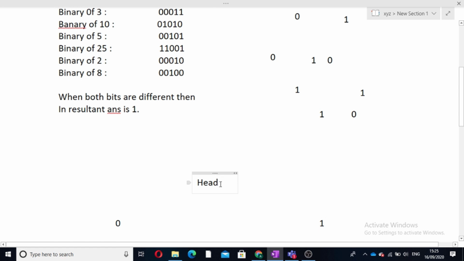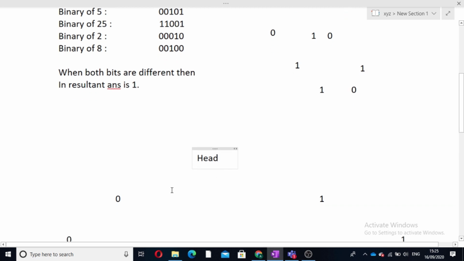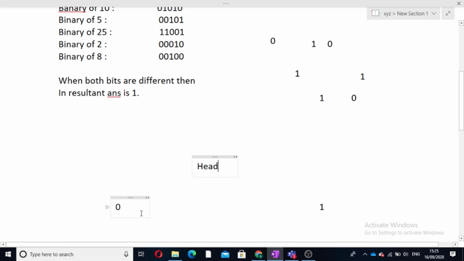Now we are at the head and the first bit is 0, so we will check in the trie whether the first bit is 1 or not. We can see that yes, the first bit is 1. So we will take this 1 into account, because the XOR of 0 and 1 results in 1.